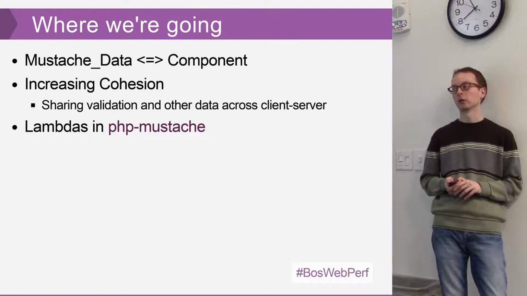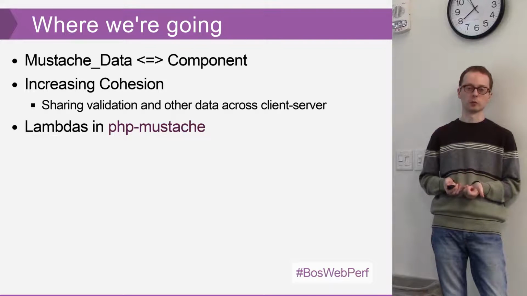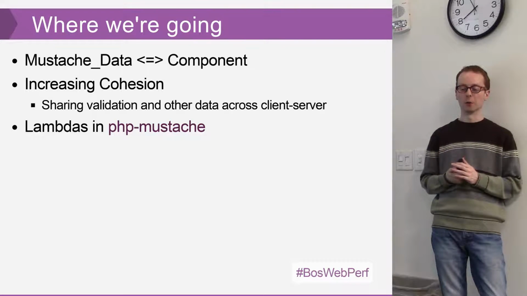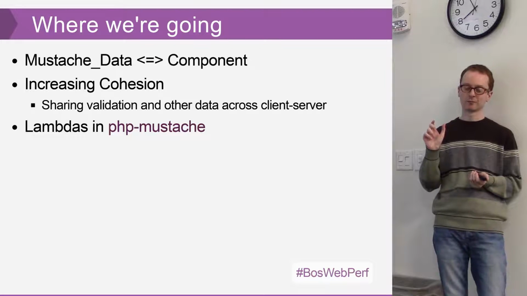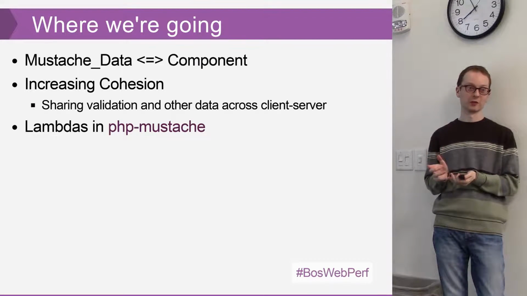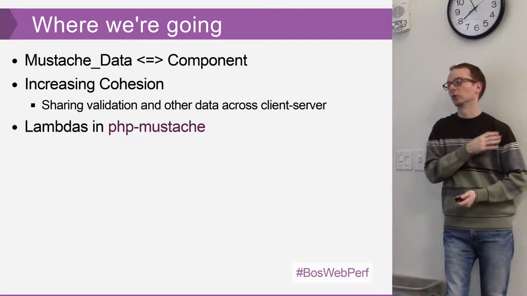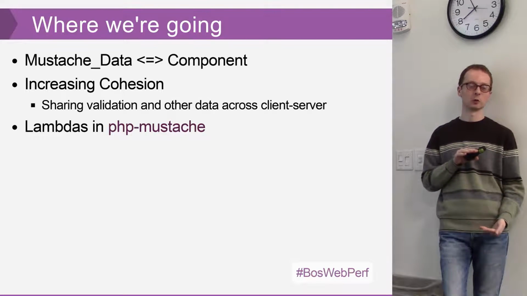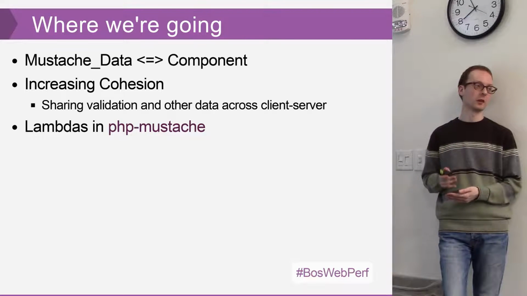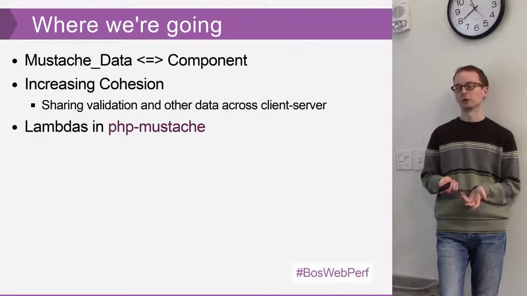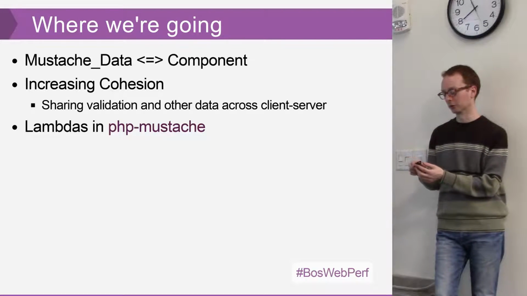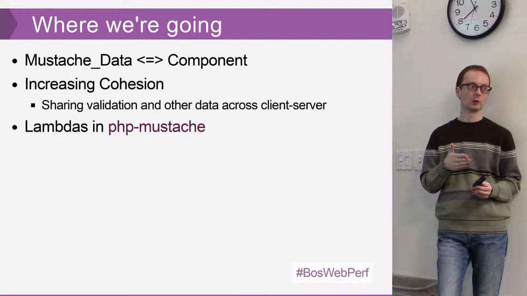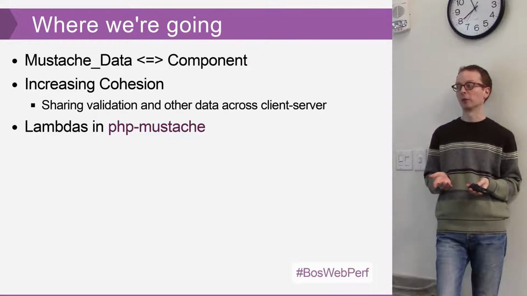A big pain point we've had is that Wayfair is an international business. We run in multiple languages, and there really isn't an easy way in Mustache to say, this is a message string, show me the right translation of that based on my current locale. What we have been doing is in PHP, building up all the strings in their localized format that you may need to render in the template, and sending them into the template. This ends up being relatively confusing because conceptually you want to think of that message within the template, and not as something that's potentially bouncing around multiple layers of views in a complex page. So